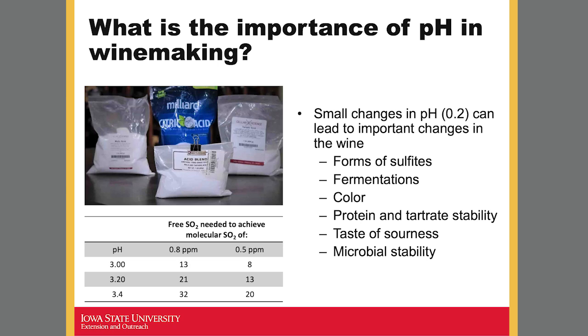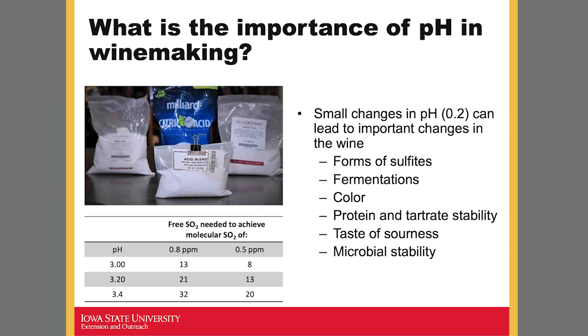Okay, so why does pH matter for winemaking? Well, small changes in pH of like 0.2 can lead to really important changes in your winemaking decisions. So I mentioned that pH is on a logarithmic scale, which means that a difference of 1 is a 10 times difference in acid strength. So here I'm talking about differences of 0.2. And if you look at the table in the bottom left, you'll see as we go up from pH 3 to 3.2 to 3.4, if we want to get the same amount of protection from sulfur, so the molecular sulfur dioxide,